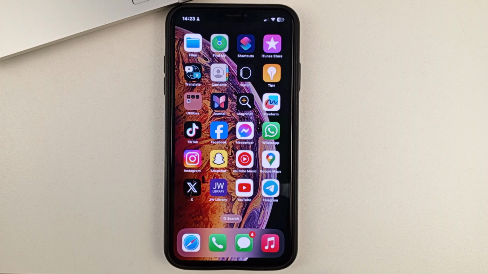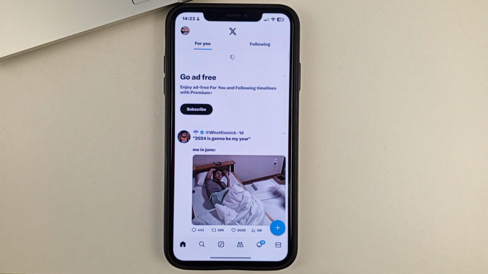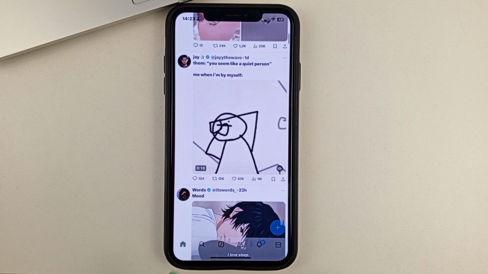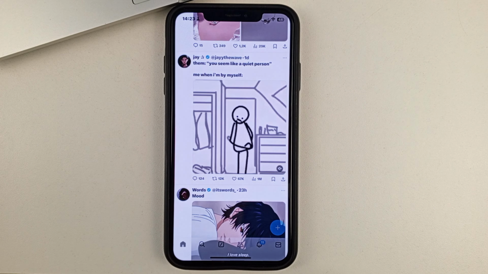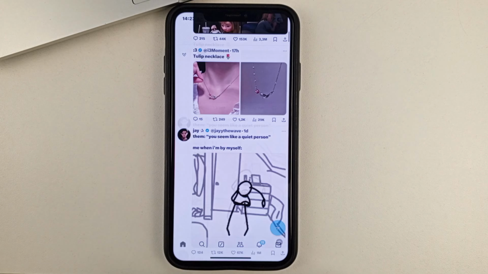So let's get to our topic. Please open application X. And first of all, I want to tell you what autoplay video is. It's when you flip through the app's feed, and for example, here's a video, it starts playing itself. If you want to avoid that,